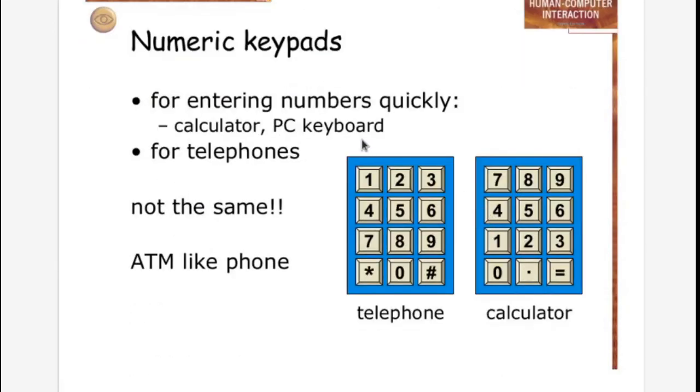Numeric keypads, as I said earlier, are for entering numbers quickly. This is the telephone style, and this is the calculator style. So they are the same, and ATMs have the same numeric layout as our phones. That's why